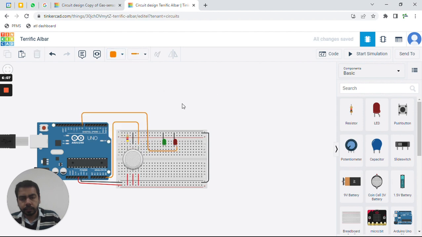And this is, let's suppose, red. I'm going to connect this LED with another pin.